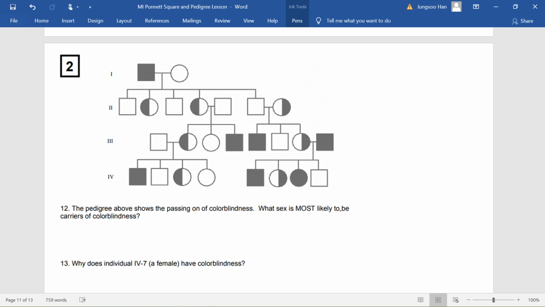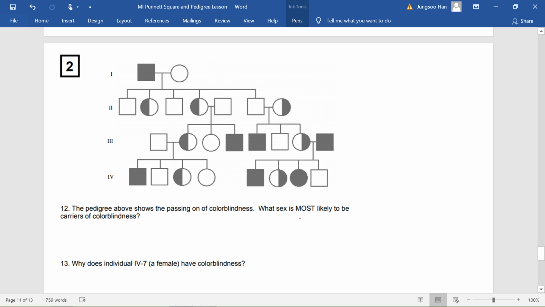Okay, because the question says which sex is most likely to be carriers of color blindness. So that means it's referring to the trait being on the sex chromosomes. Okay, so this is a sex-linked pedigree chart. Okay, so which sex is most likely to be carriers of color blindness? To be a carrier for a trait or disease, that means that the